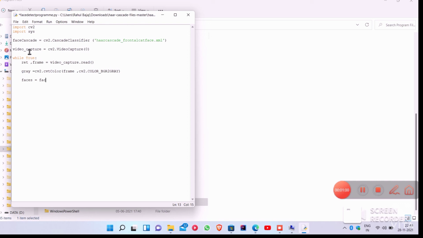So basically this function converts the colorful image into gray.